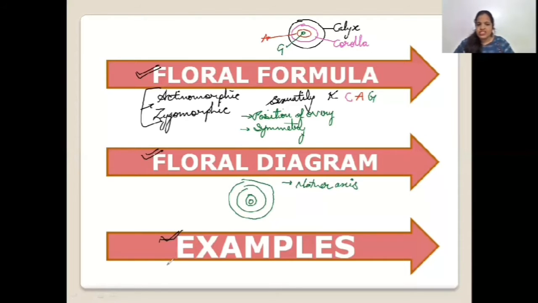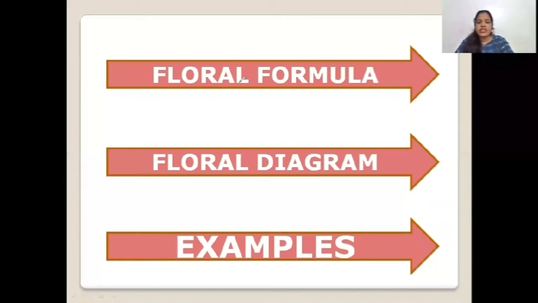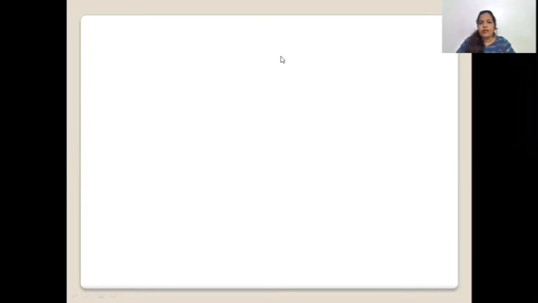Then we have got some examples for the first three families, that is Fabaceae, Solanaceae and Liliaceae. We'll learn these families in the same order because of the order which is given in NCERT also. And the fourth family, that is Brassicaceae, we are not going to learn any specific example for that. So this was all about the points we are going to study today in this video regarding all the families. And now I'll tell you the points and symbols we use to express the floral formula for a particular family.